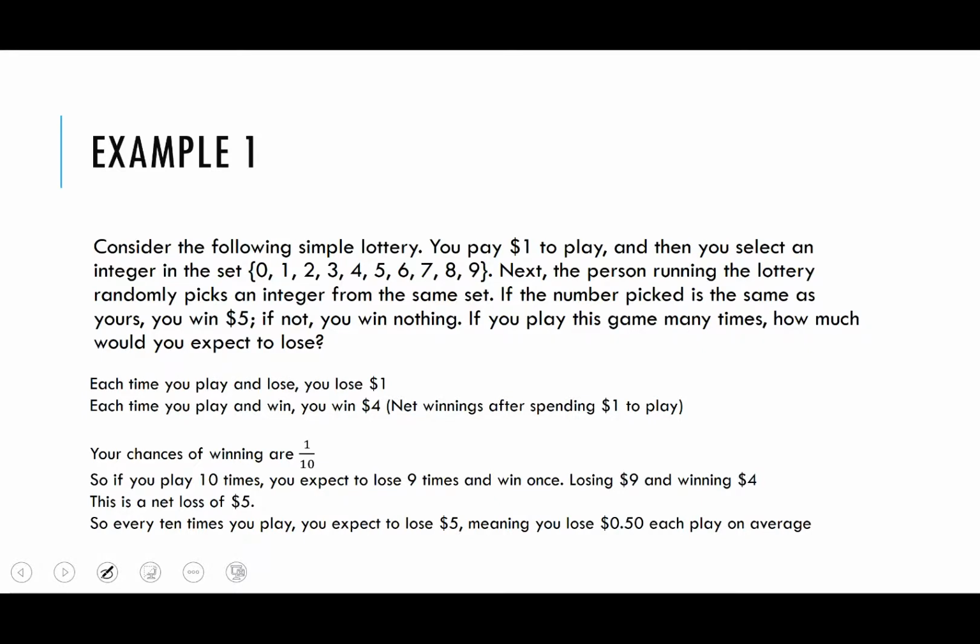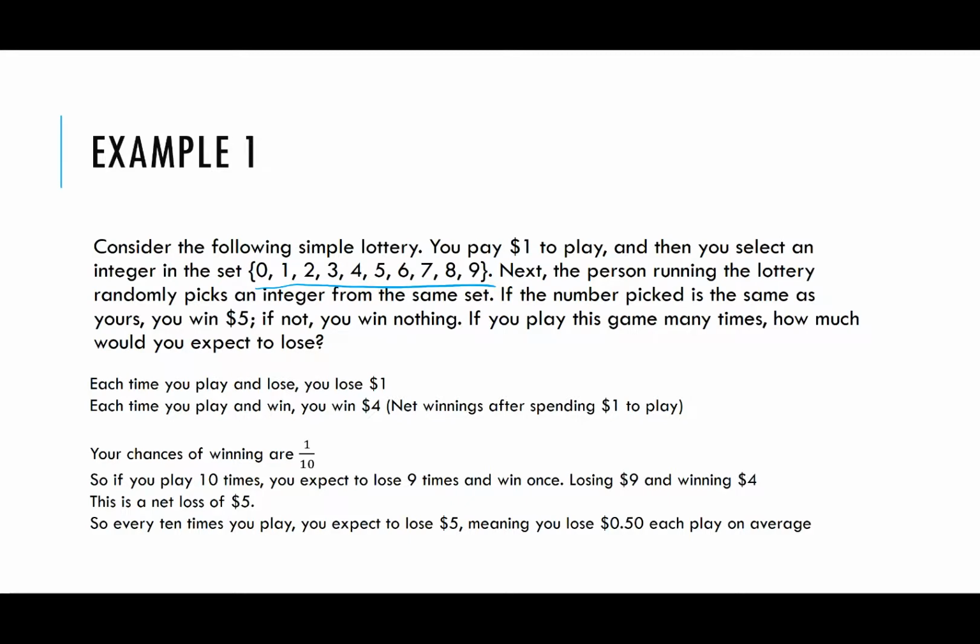Now, your chances of winning are 1 in 10, right? You pick a number, there's 10 numbers there, and there's a 1 in 10 chance that the next person picks that same number. So your odds of winning are 1 out of 10. So let's say you play the game 10 times. Now, theoretically, of course, it could be different in the real world, but theoretically, if you play the game 10 times, you're expected to win once and lose 9 times. That's just a theoretical probability there. You play 10 times, you're expected to win once and lose 9 times. Now, if that happens, that is your expected outcome. Of course, like I said, you could win more, you might not win at all. That's what we're expecting